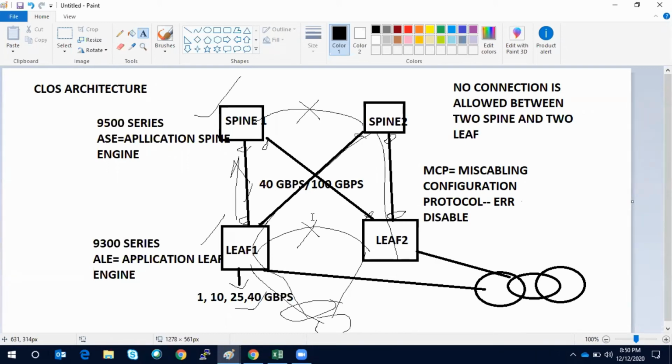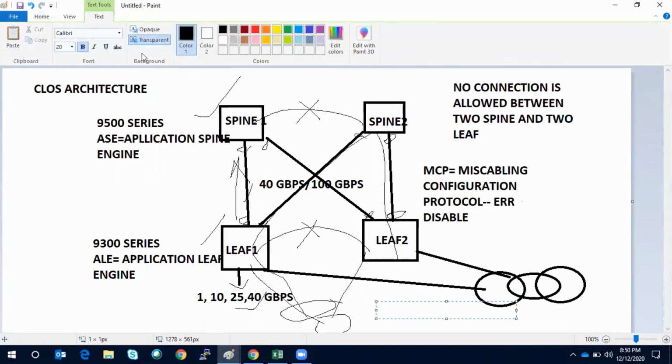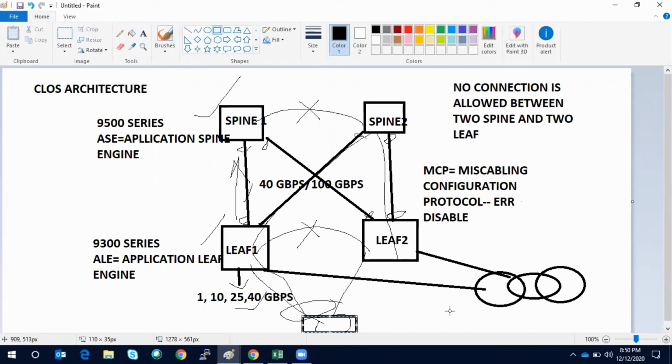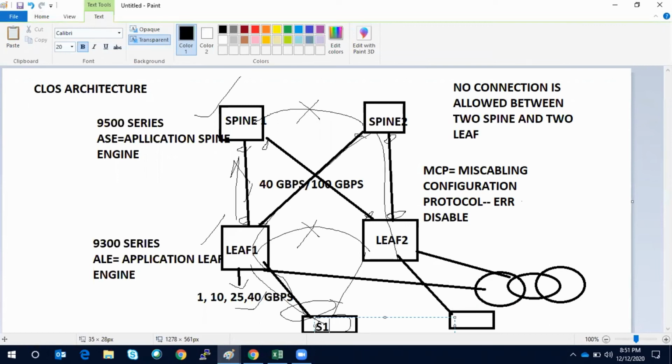So what is the advantage in connecting this way? Let's see. So here, let's say there is one server here, and there is one server here. You connect them to the leaf, let's say a single interface connectivity, and this is S1, and this is S2.